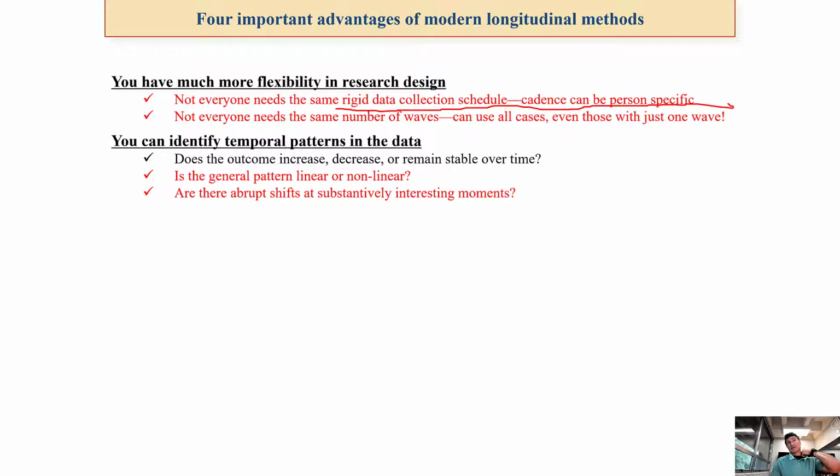We might not have everybody with the same number of measurements. Some people in therapy especially, we might want to have people every week for 8 weeks, but we're going to have people miss a week. We're going to have people quit therapy. We're going to have all kinds of situations that happen. So we need to be able to look at data that doesn't have every time point, and maybe even just one time point. That can be very informative.